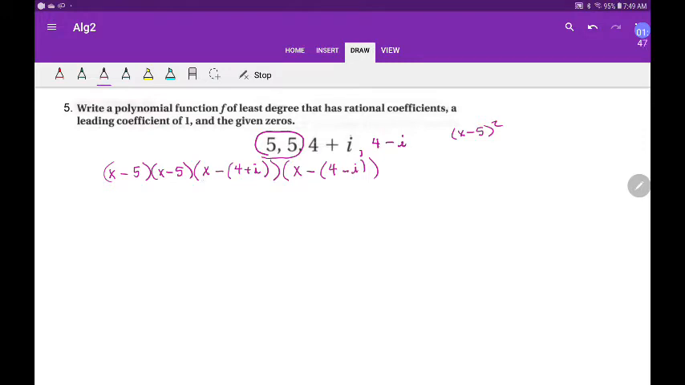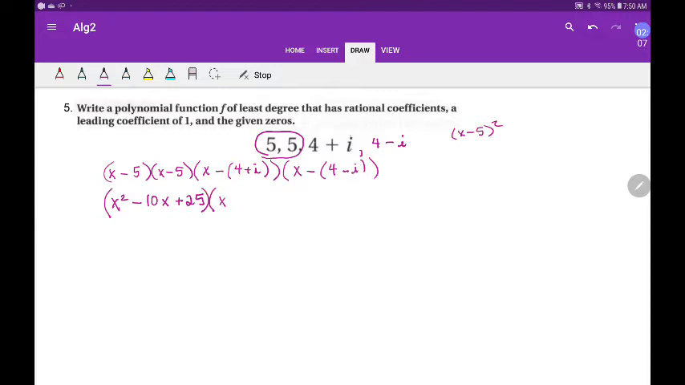Let me just go ahead and FOIL or multiply those first two together. I'm going to get x squared. Minus 5 happens twice, so I get minus 10x. And then negative 5 times negative 5 is positive 25. And then I'm going to multiply this